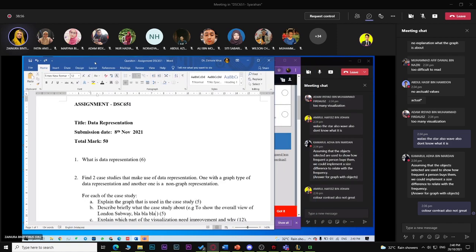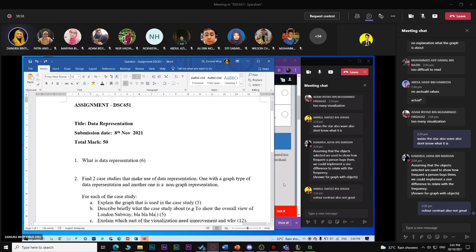Any more questions about your assignment? Yes, color contrast is also not great. Yeah, confusing. Right? Color contrast is also not great. And then, what is the impact? Why is it not good? You can explain that the color contrast is not so great because we cannot distinguish from one point to another, or it's difficult to grasp the differences between the variables. That's why. You can Google why that is. Okay,